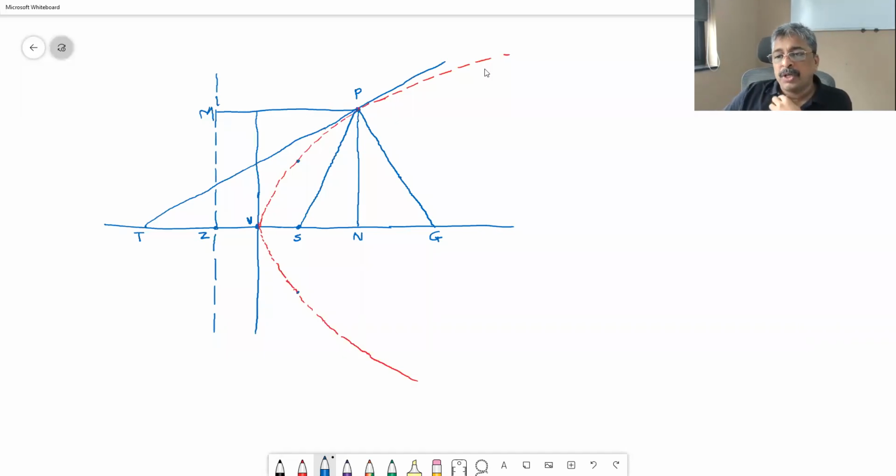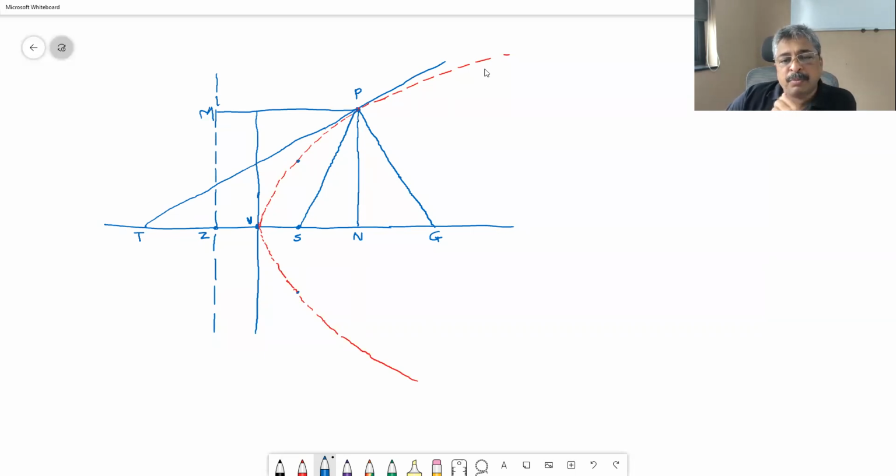Okay, we are supposed to learn the geometric properties, or special properties, of the parabola today, for which I have drawn the setup. Red dotted is a parabola. I am considering any point P on the parabola and drawing a tangent there. S is the focus, and the tangent intersects the x-axis at T.